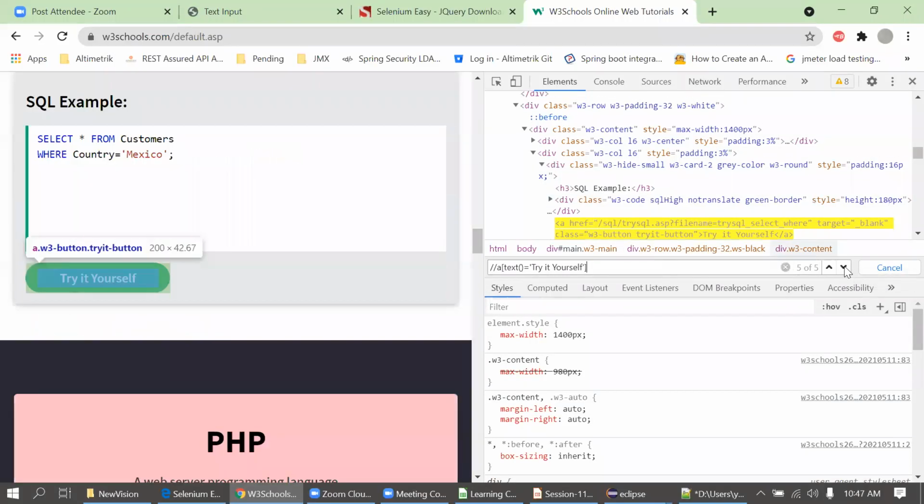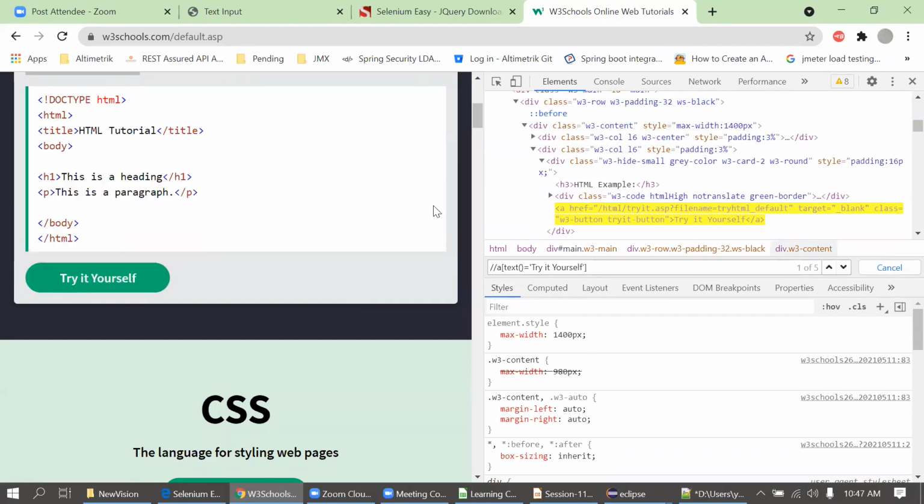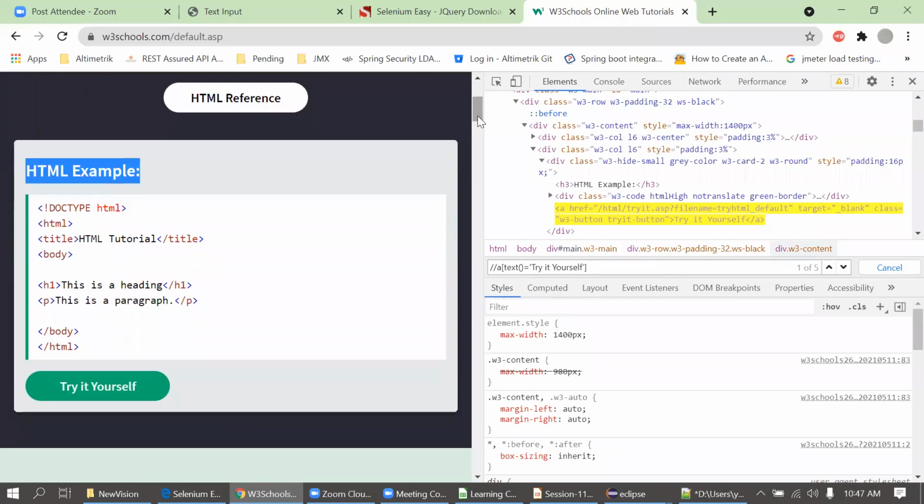You can do it. Okay, now I am seeing HTML example here, and for this HTML example I need a button. Okay, so what will I do? I will first create a locator for this HTML example, and with this reference I will create a locator for this try it yourself button. Okay, so this locator is ready. I will just keep it aside.